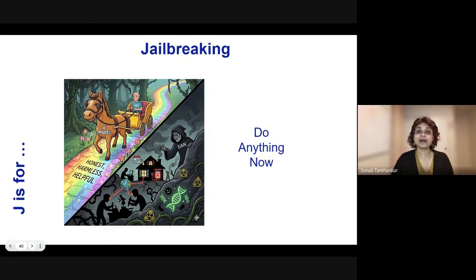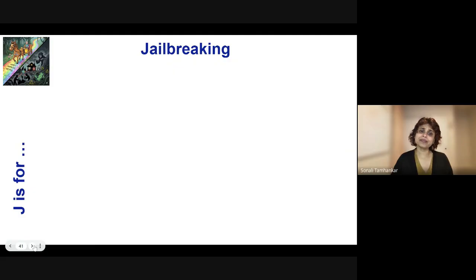In fact, companies try very hard to make their models honest, harmless, and helpful. They want their models to walk a straight and narrow path like a horse with blinders. But what if someone took these blinders off? This is jailbreaking. Someone intentionally causing a model to veer into dangerous territory. So, how are models taught to stay within the guardrails?